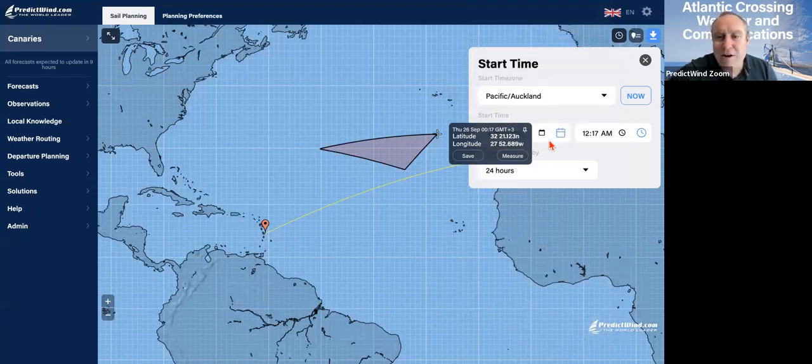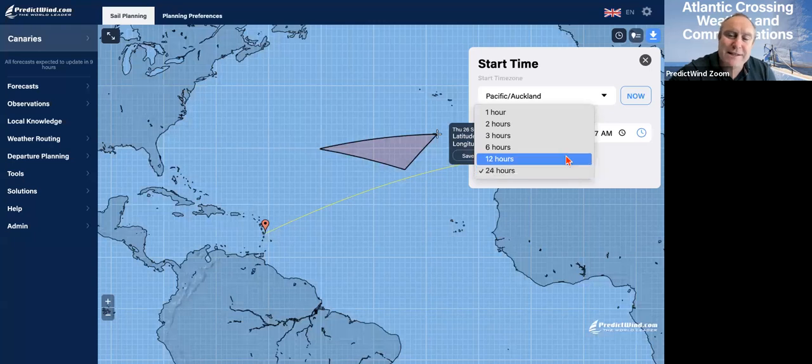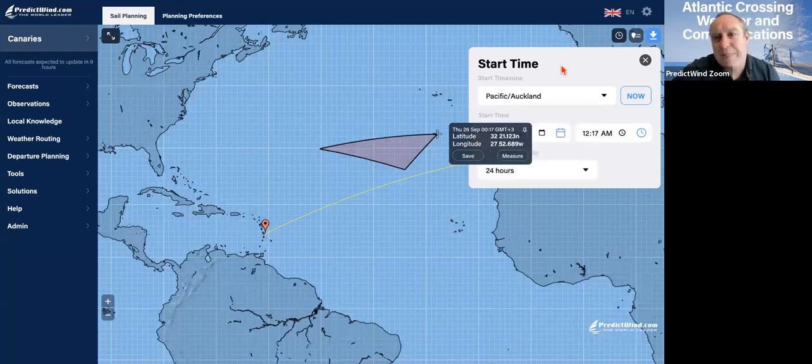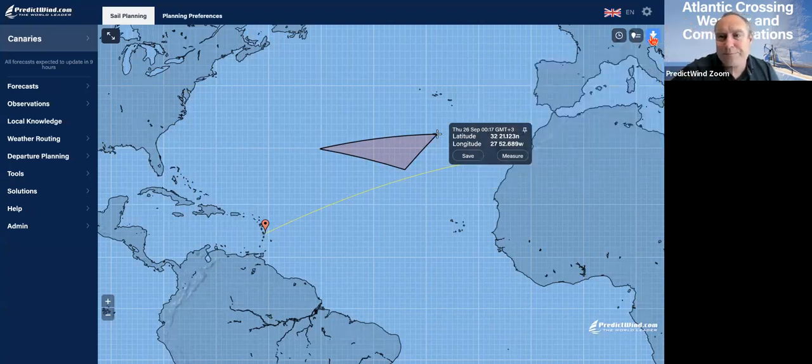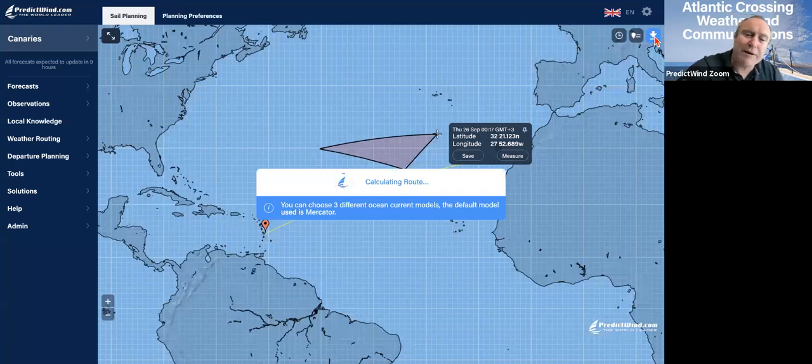I can set a time in the future, and I can also set my spacings here. How far apart do I want my route times to leave? So this is going to give us 4 different times to depart. Obviously we would have done quite a bit of planning even before we got to here. We would have been looking at our wind maps, and before that our pilot charts and things like that. And if we think we're going to depart in the next couple of days or so, we can run this departure planning, and I'll click on that calculate button,